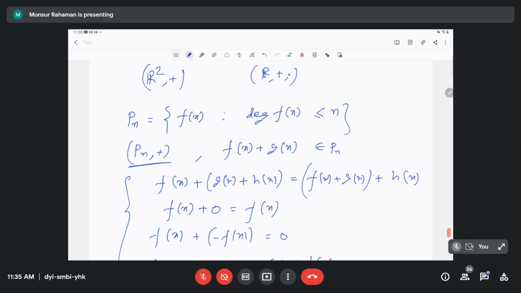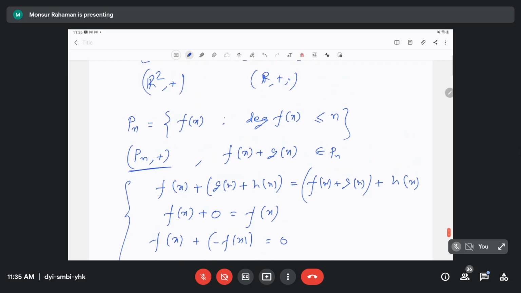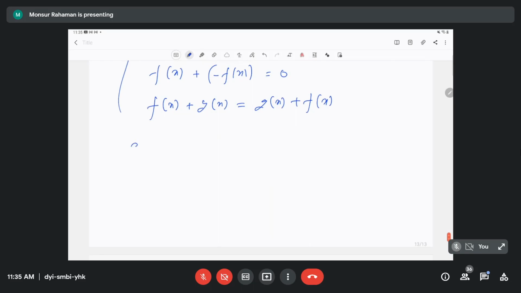So now I'm claiming it is a vector space with respect to this field R plus dot. So if you multiply a constant with a